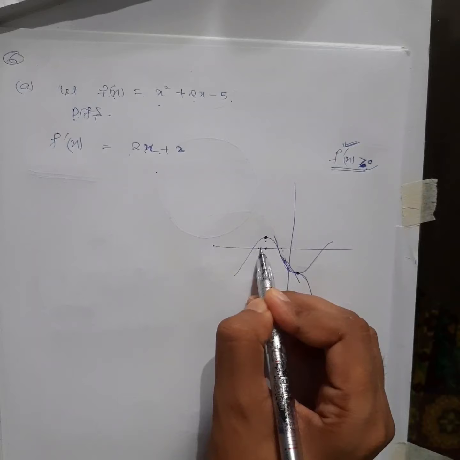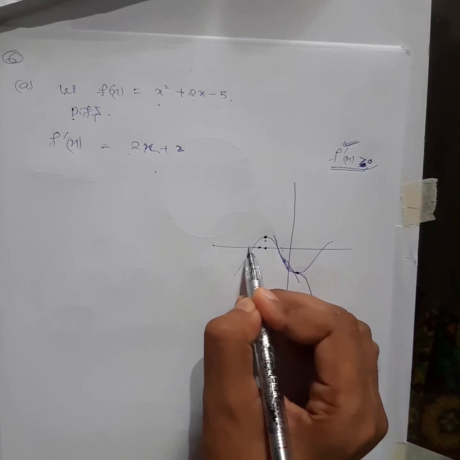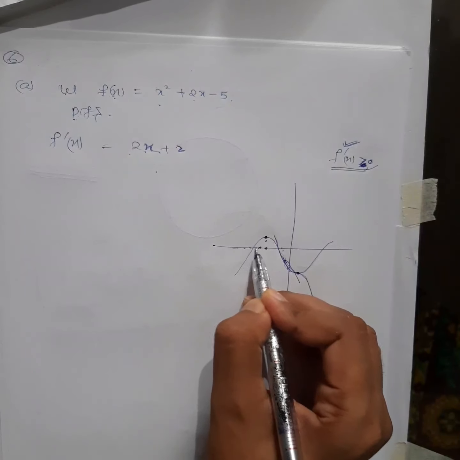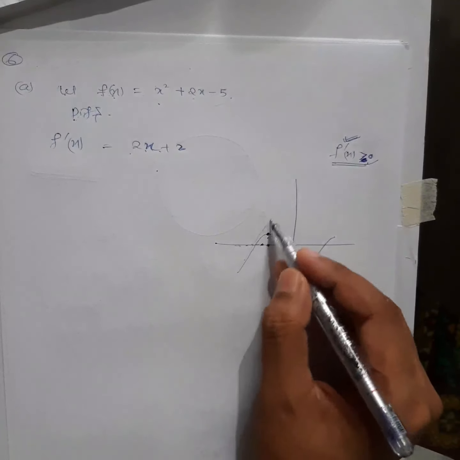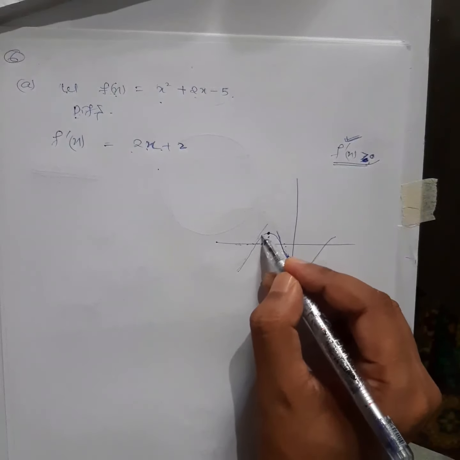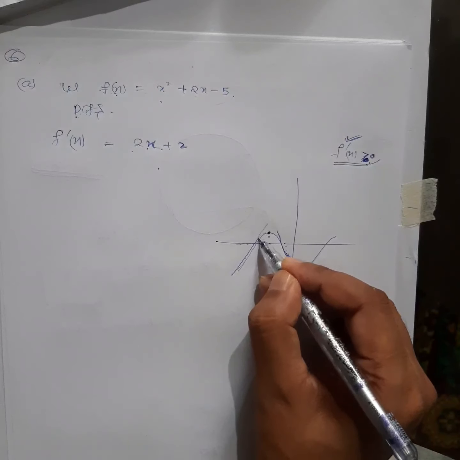Then after that on your left, if you take any point on the left side x, you will see that for all values here, for all x, the slope of the tangent will always be positive, meaning it will be increasing. You can see if I draw a tangent at this point,